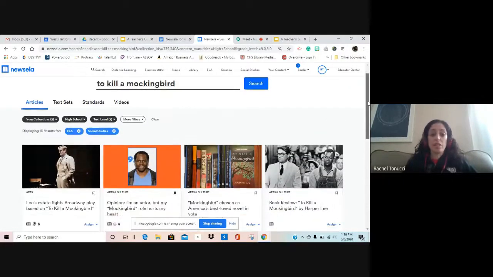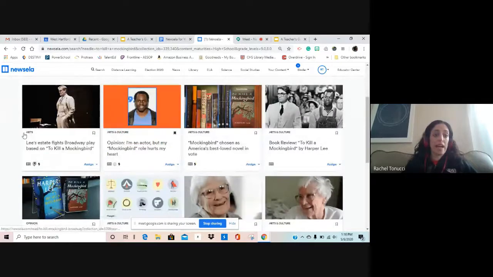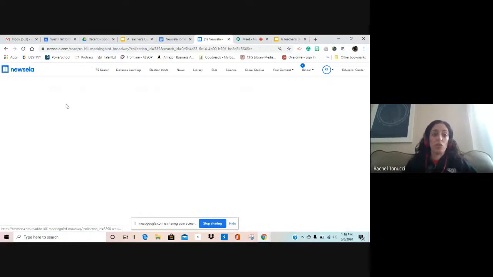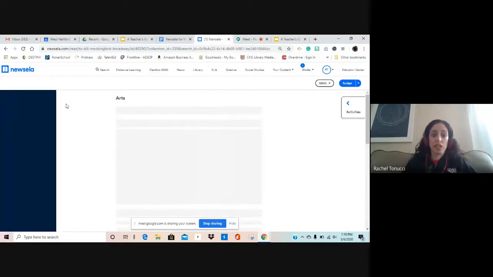So all of these things come up. It will tell you what category it was from at the top. If it's arts and culture, if it was an opinion article in the news, it will be listed here. It's so rich with content. So it's really just a matter of going through and choosing what you like. So when you see an article that you like,